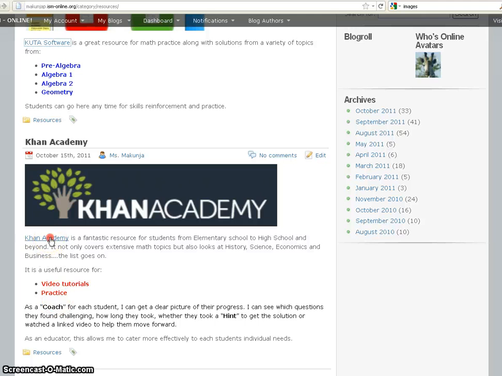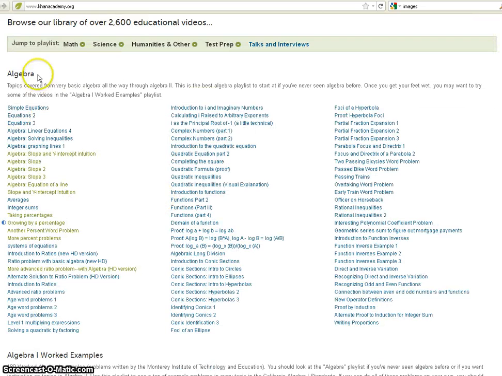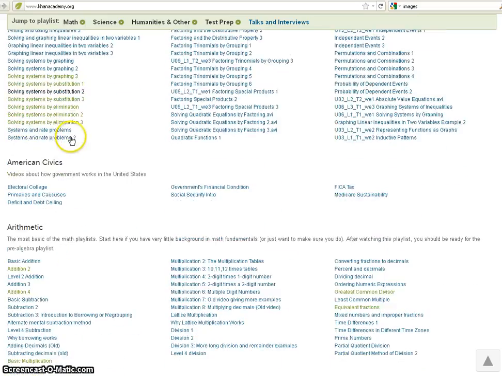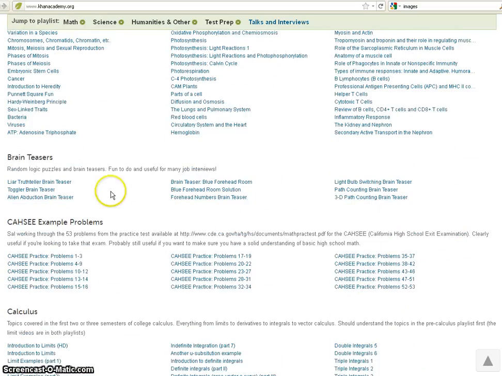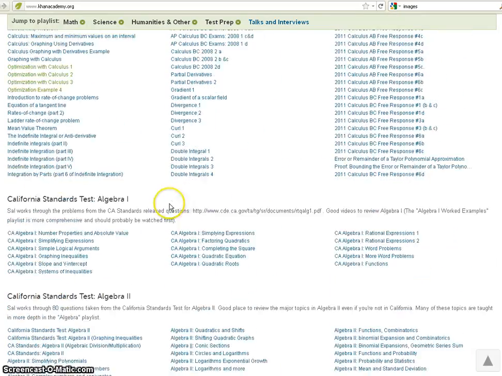If we go here, let's just go and have a quick look at Khan Academy. Right, this is the home page here. These are the two areas that we use. We have watch when we want to go and watch a video, and a whole area of practice. This watch area is a little bit overwhelming. If I scroll down here, there's currently over 2,600 videos going from algebra, more algebra, arithmetic, banking and money, biology, calculus, goes right up to university level calculus,